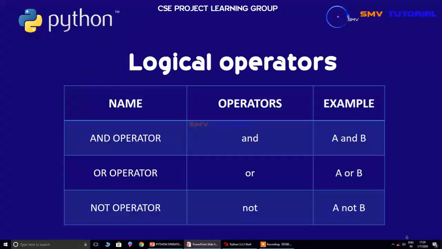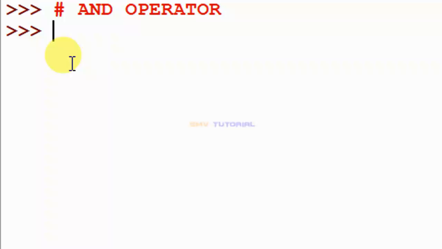And I will explain with some examples in Python IDLE interactive mode. This is the interactive mode in Python IDLE. I will start my example. First I create two variables: A is equal to True, and the next variable is B is equal to False.